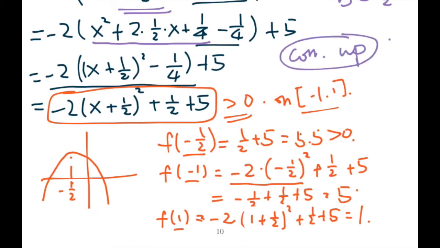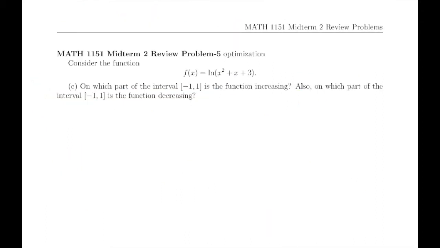Alright, this is the second part of this problem. Now we're going to proceed to the third part of this problem. We want to determine on which interval of -1 to 1 this function is increasing and on which part it is decreasing. To tell whether a function is increasing or decreasing by using the derivative, we're going to use the first order derivative. If f prime is greater than 0,